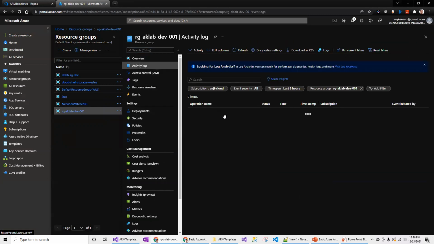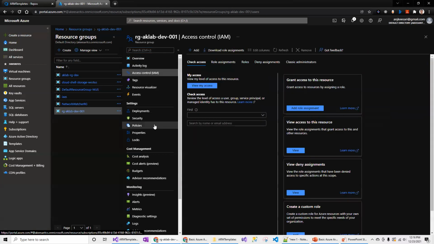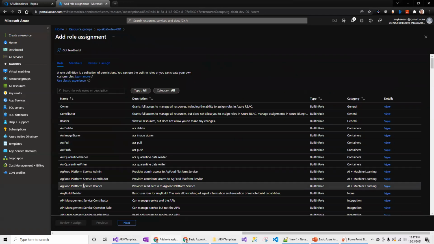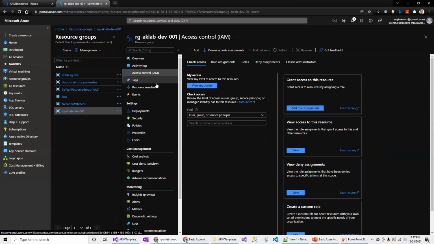You will be able to see the activities of this particular resource group in a JSON format. If you want to know what is happening with this resource group, who all updated, deleted, added, things like that can be seen on the activity log. Next one is the access control IAM. So this IAM is going to be used for the RBAC purpose. So we will be discussing more in detail during the RBAC, but by default, you can see how you can add or assign the permissions for this particular resource group level. So those things can be done in the access control.